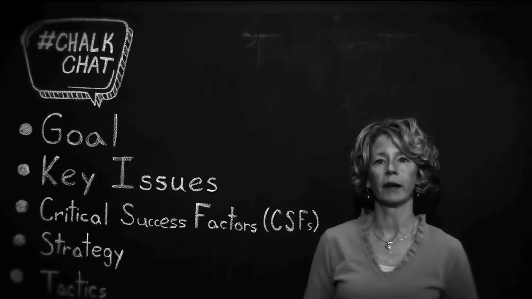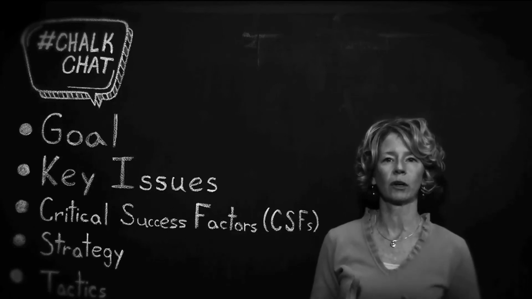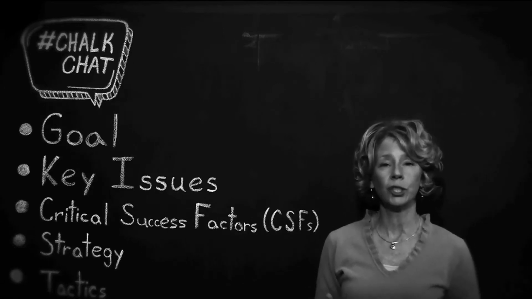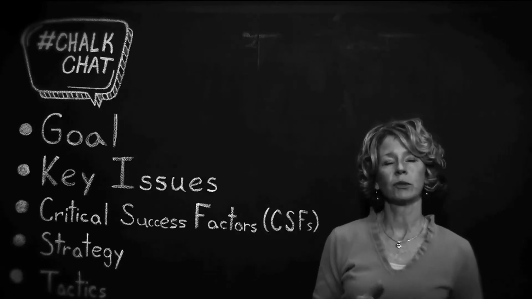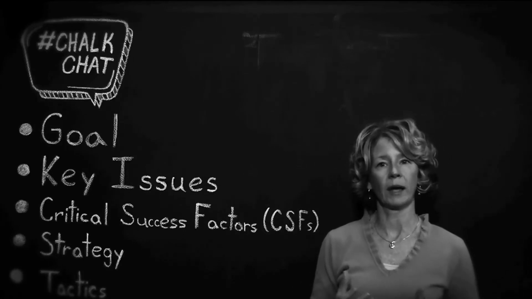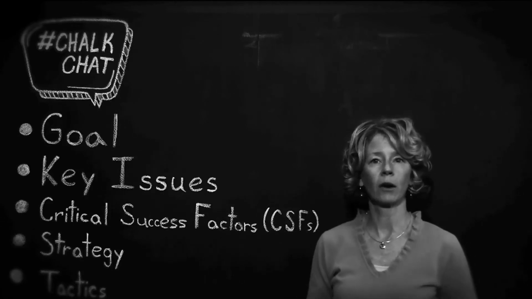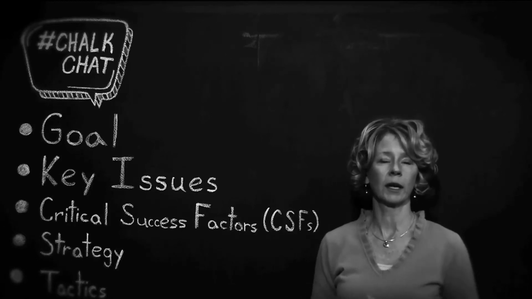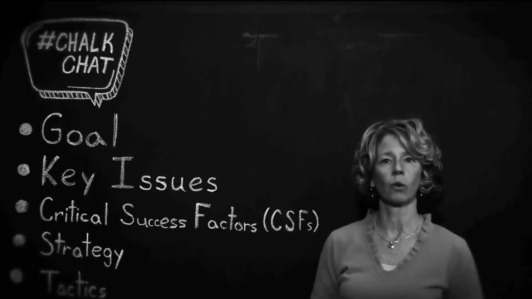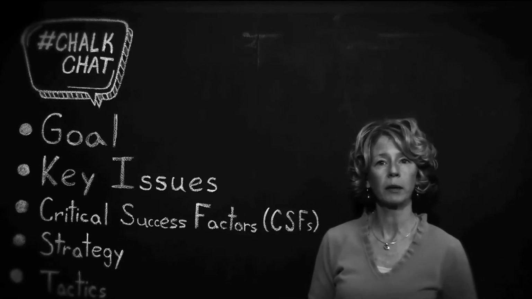So with our goal defined, we then move on to the key issues. A key issue is a condition that currently exists in the marketplace that we need to change if we're going to achieve our brand goal. The key issue is typically a problem that we have to overcome. So continuing with our pain reliever example, our key issue might be that primary care doctors believe that they have a solution at hand that works fine. Generic NSAIDs are widely used and they're effective in treating pain for patients with high blood pressure.